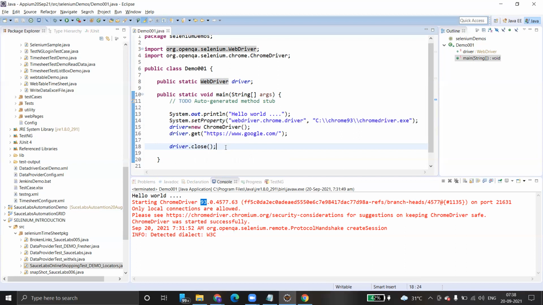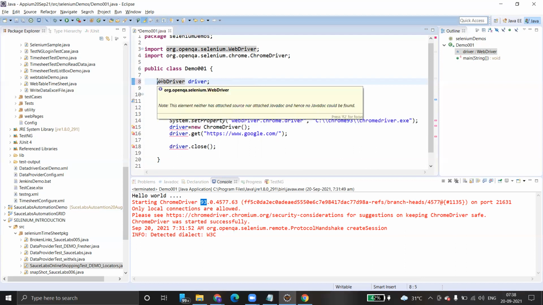My question is, what will go wrong if we declare this WebDriver as non-static, within the main method? If you don't declare it, what happens?